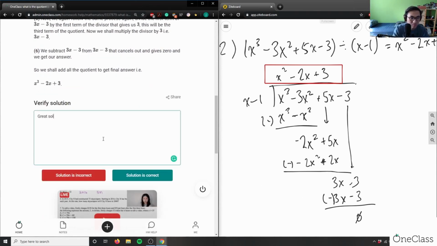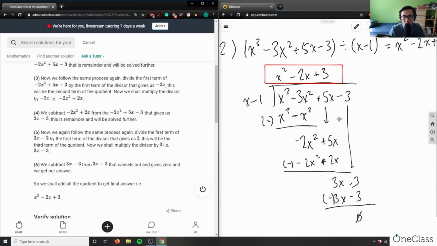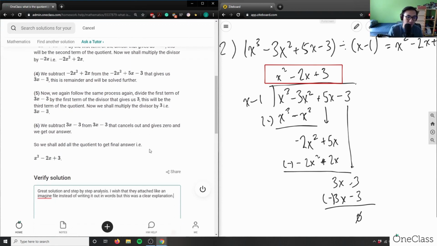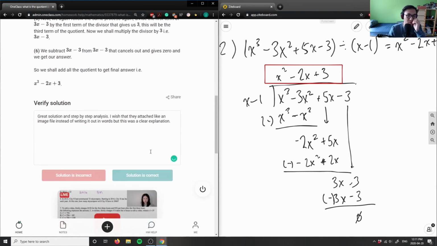Great solution and step-by-step analysis. So this here is a correct solution and analysis. I wish that they had drawn it out, like attached an image file, instead of writing it out in words. But this was a clear explanation, because I could follow these terms and what these steps are here. Oh, this is an image file. So this here solution is